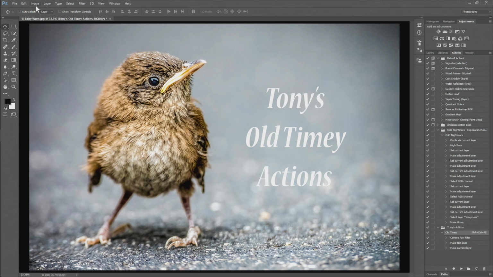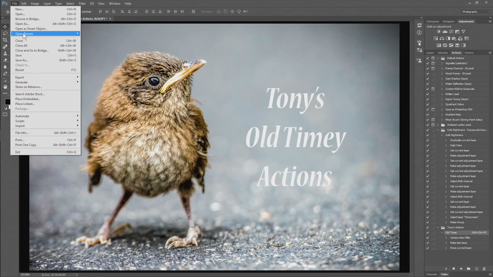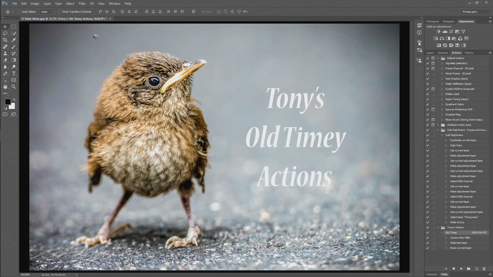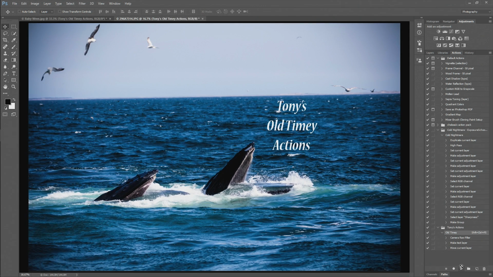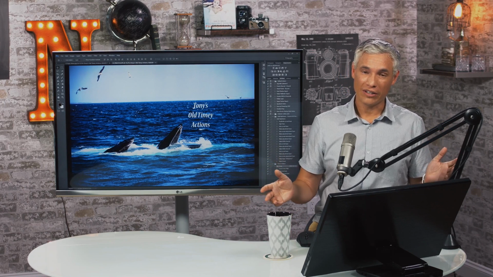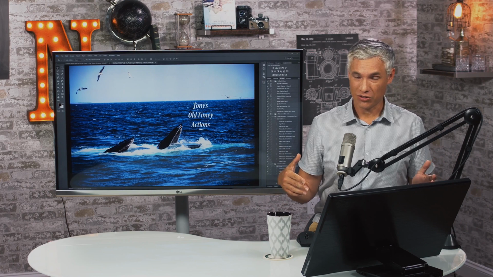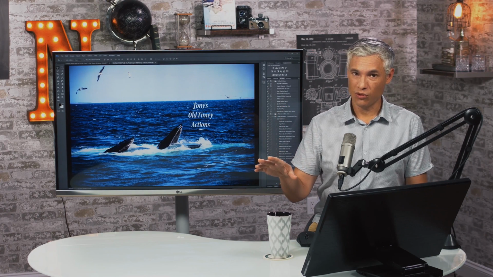And so now anytime I could go in and open up a different file. Here's some whales. We'll try my filter out on the whales. I'll hit the play button here. There we go. Looks great. Works automatically. It's definitely much faster. There are lots of ways you can tweak the actions that you perform besides